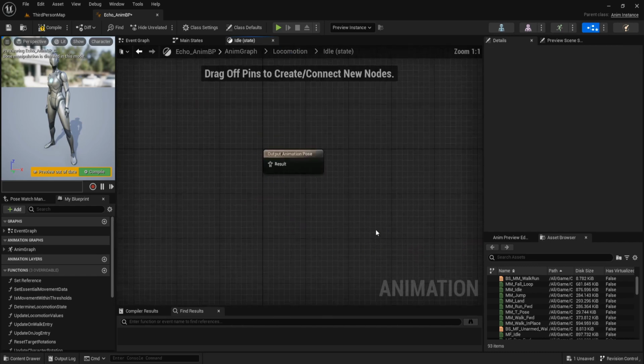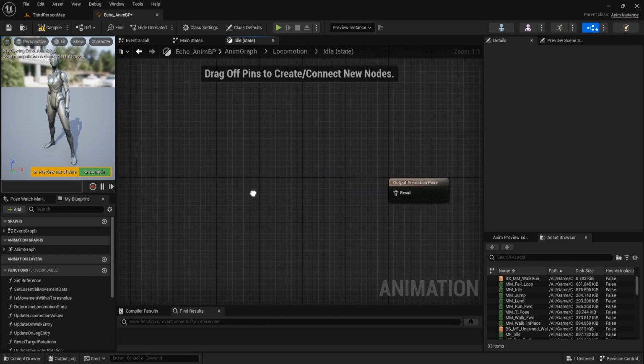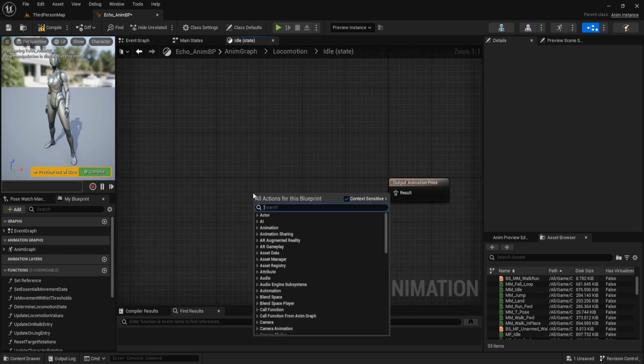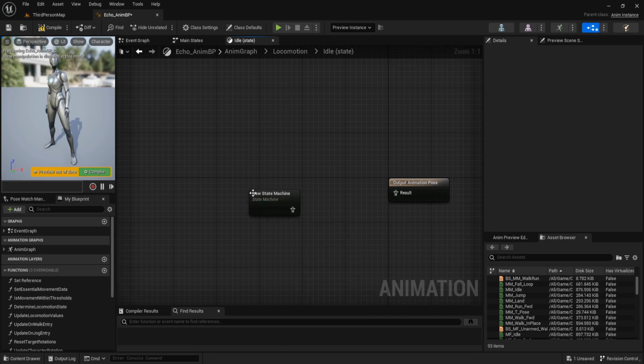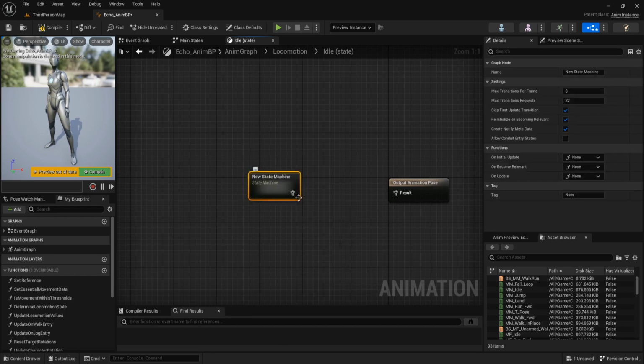Open this idle state, then add state machine. The state machine name is idle state. Connect it to output.